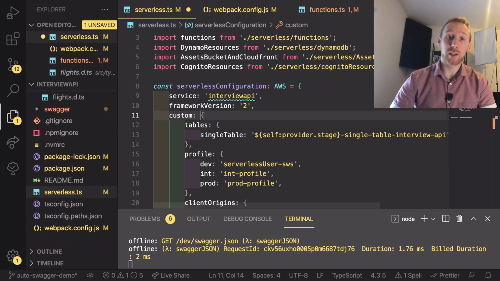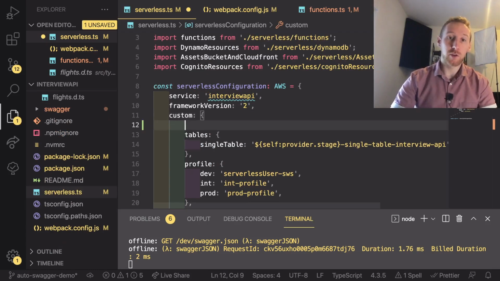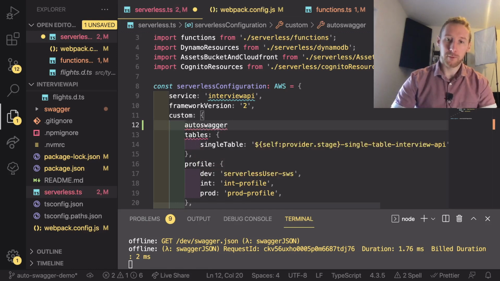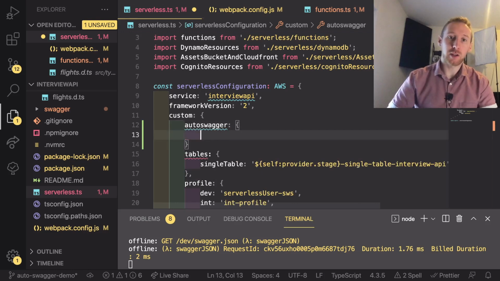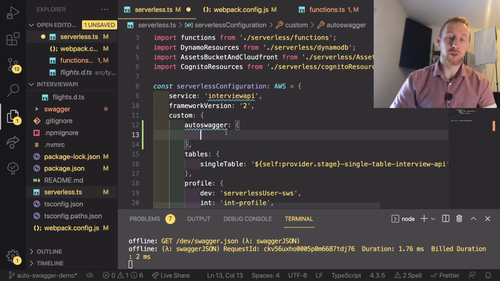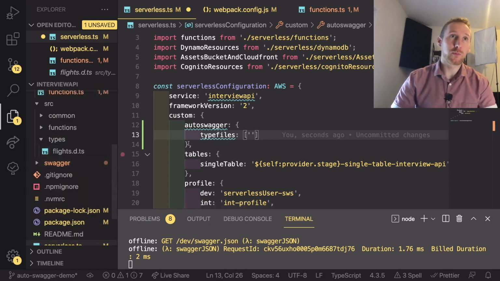In our custom section, we add a new variable called auto-swagger, and in this object we can define a couple of things. The one we want to define is the type files, and this is an array of strings pointing at the TypeScript definition files that we want to use. In our case, that is going to be a single file of